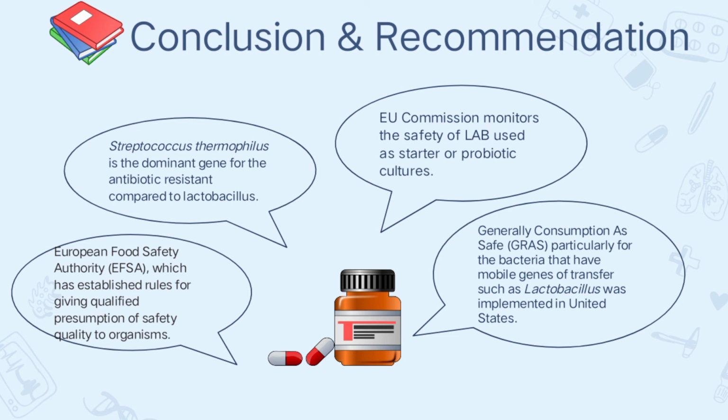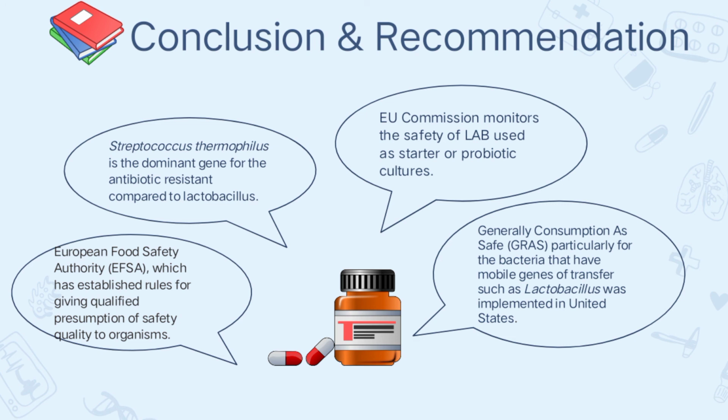There have been few systematic studies on developed antibiotic resistance in lactic acid bacteria of food origin. Most data are on Streptococcus, with a small number of reports on Lactobacillus. In the United States, after evaluating general elements of safety, taxonomy, antibiotic resistance, and the historical context of food safety, the Food and Drug Administration categorized microorganisms with general consumption as safe, which is GRAS.